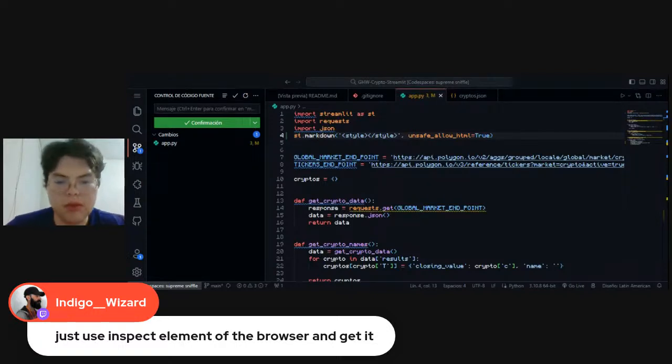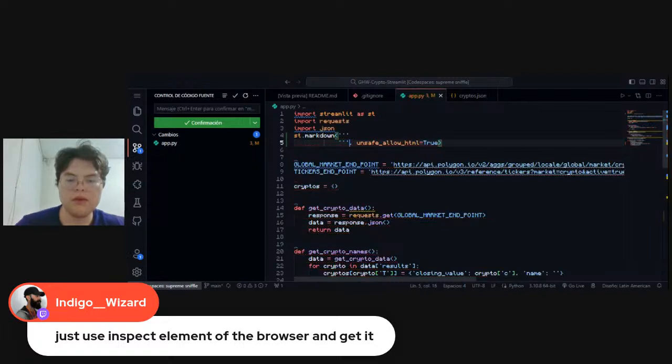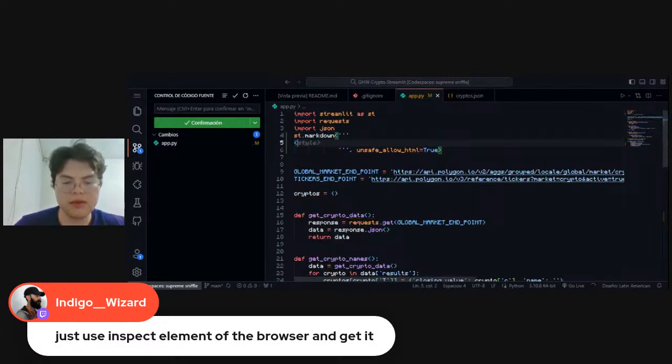Okay, so multi-line string. There's okay, yeah. So I suppose that I can make something like this. So using this, I can do something like a style, and just go here again,